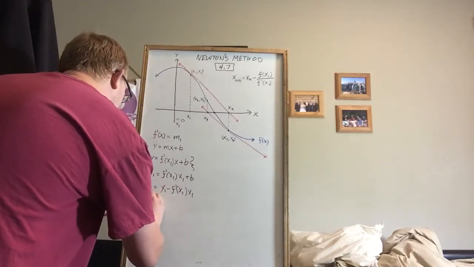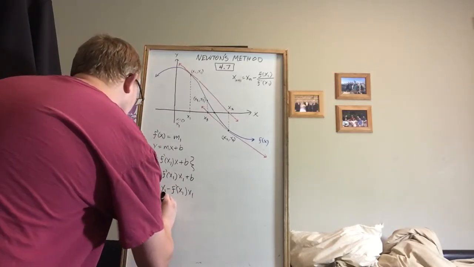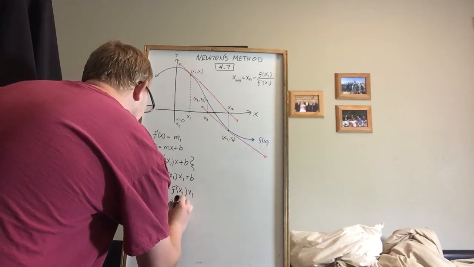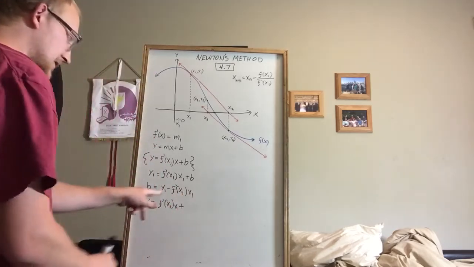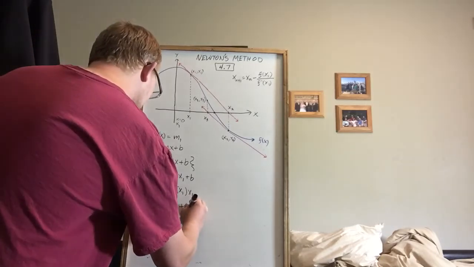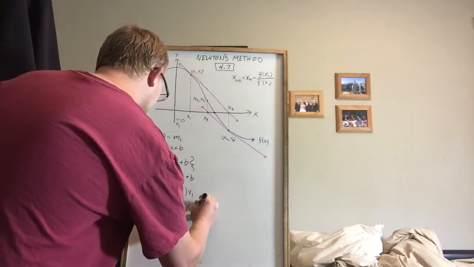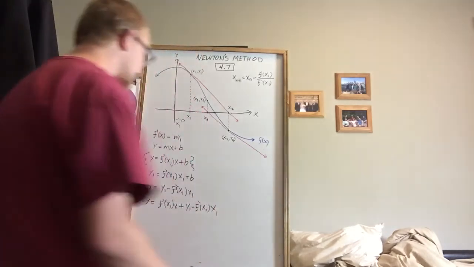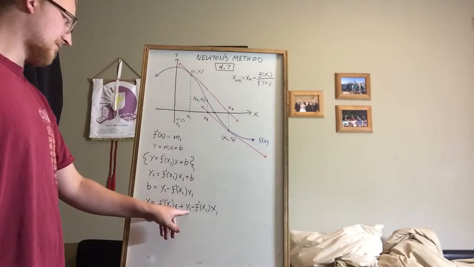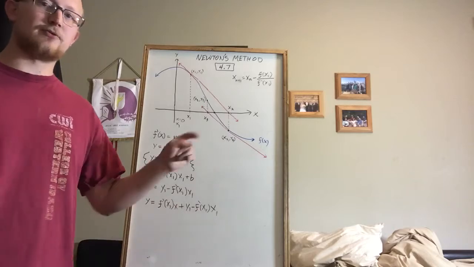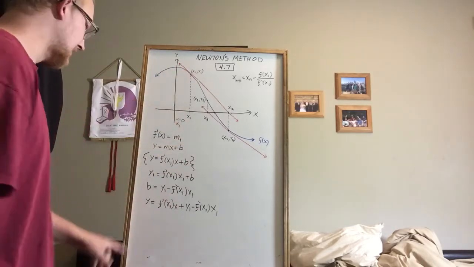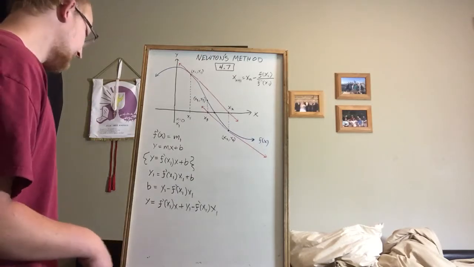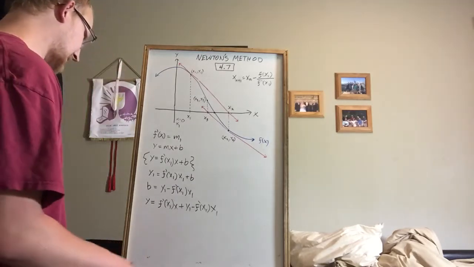So now I get y equals f prime of x1 times x plus b, which is y1 minus f prime x1 times x1. And it's important to realize that when we solve in terms of y1 and x1, those are real numbers. These y and x variables are variables. So then at this point, what we can do